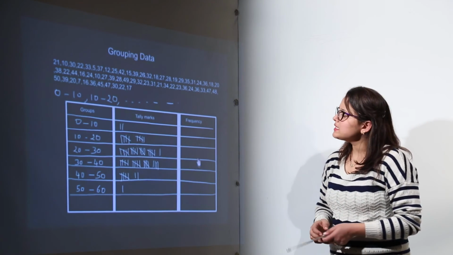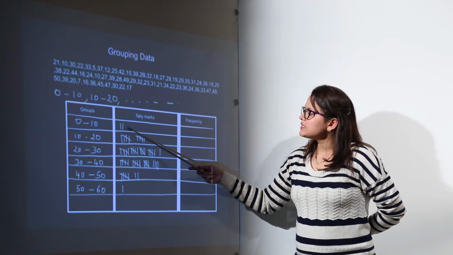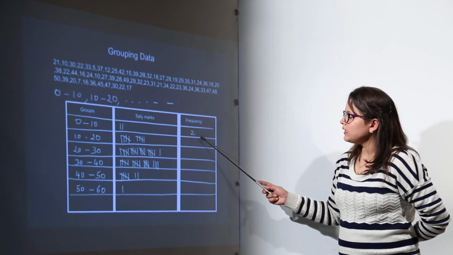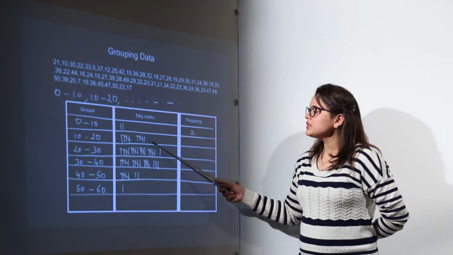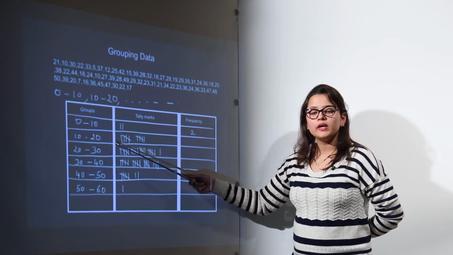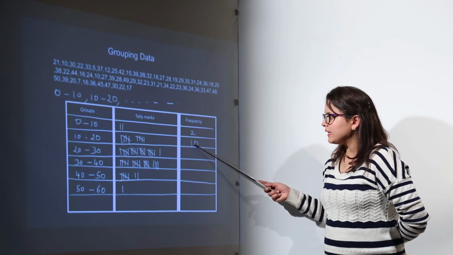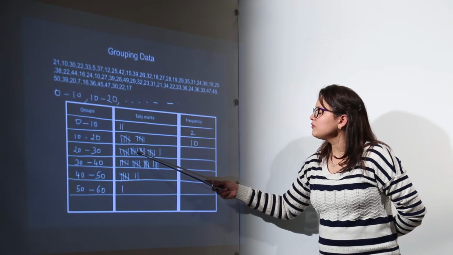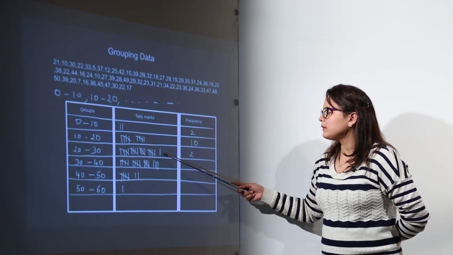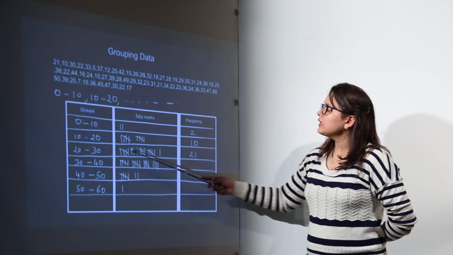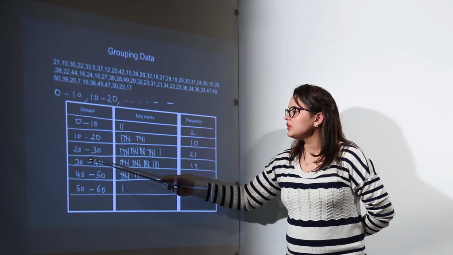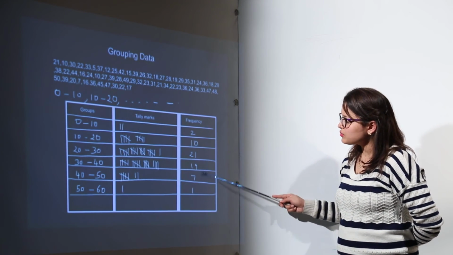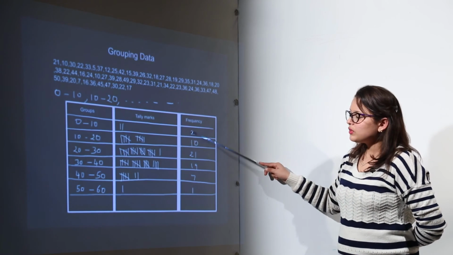Now you can see over here that the bars are representing how many values are lying between 0 to 10, that is 20. How many students have secured marks between 10 to 20, that will be 5 plus 5, 10. How many students have secured marks between 20 to 30, that will be 5 plus 5 plus 5 plus 5 plus 1, that is 21. Again, how many students have secured marks between 30 to 40, that is 5 plus 5 plus 5 plus 4, that makes 19 and so on. So this is representing the frequency, right?